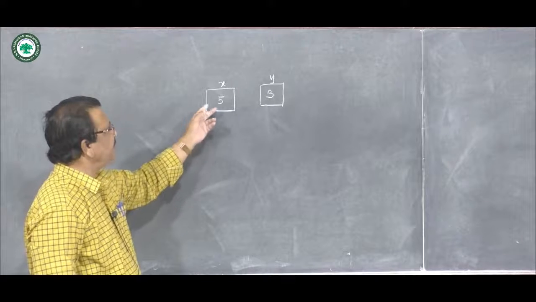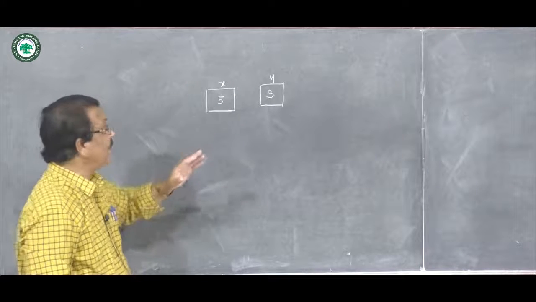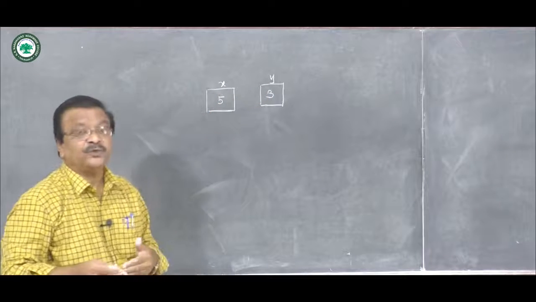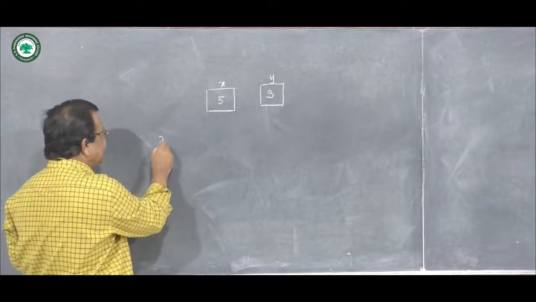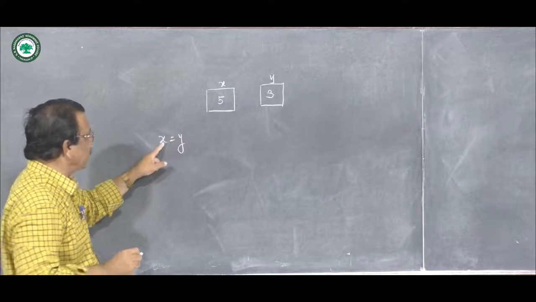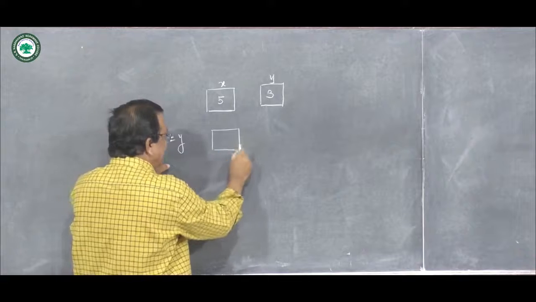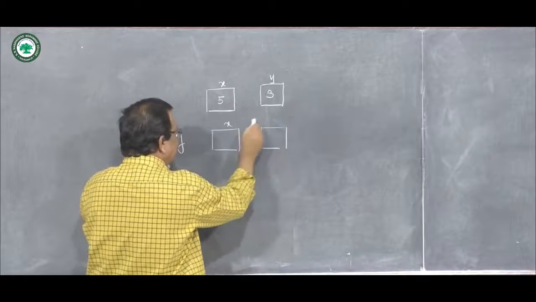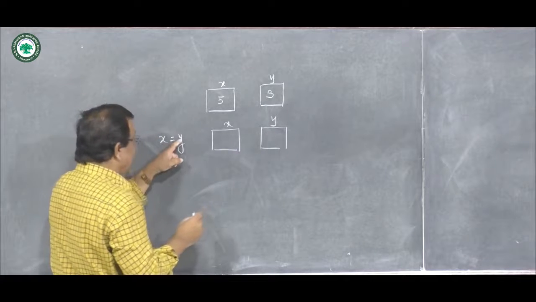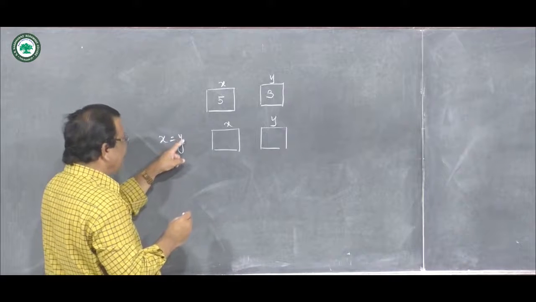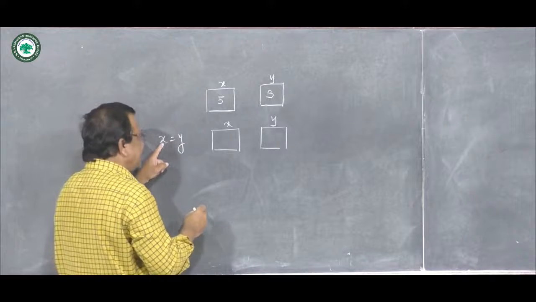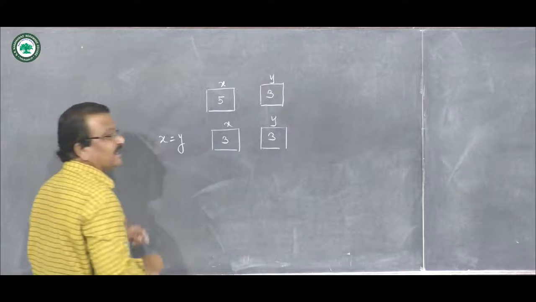What I want to do is interchange these two values. What I want is the content of x as 3 and the content of y as 5. So how do we do this interchange? If I write x equal to y, what will happen with this assignment? The value of y will be assigned to x. So this will be the picture inside the computer: x, y. The value of y will be copied into the memory location x, meaning the content of y will be copied into the memory location x. So this will become 3, 3 with x equal to y.